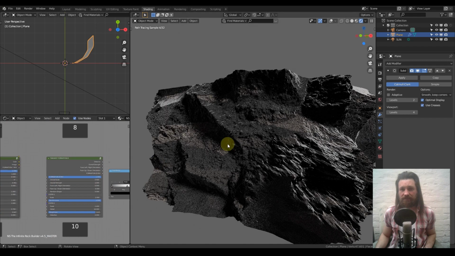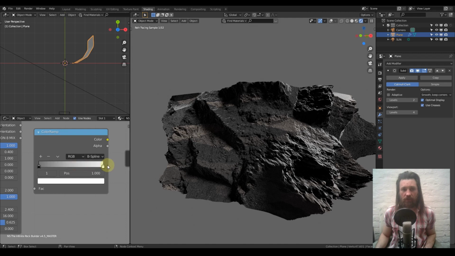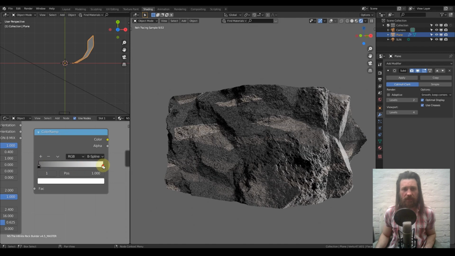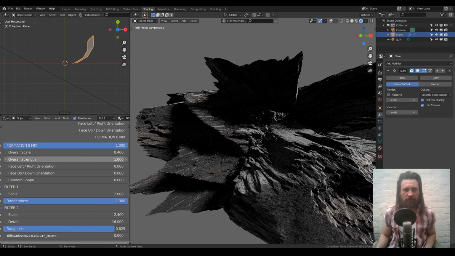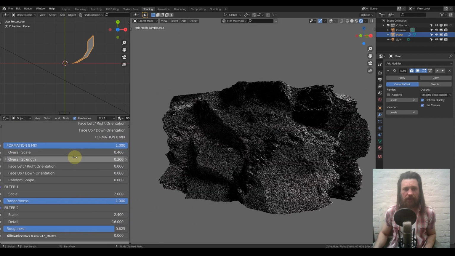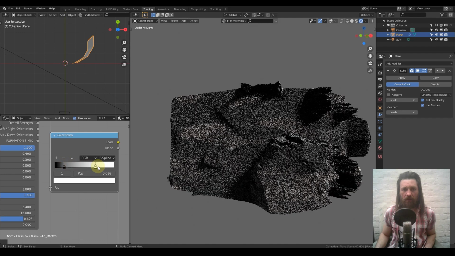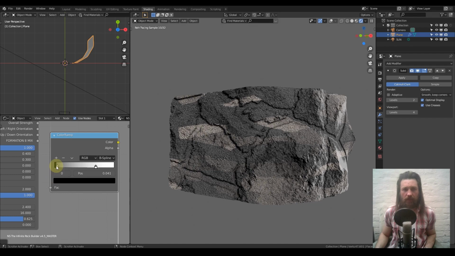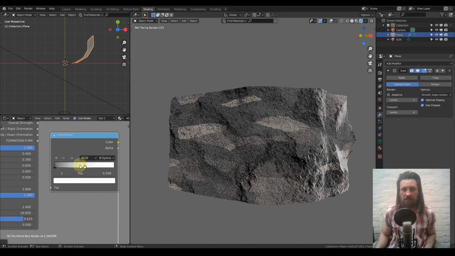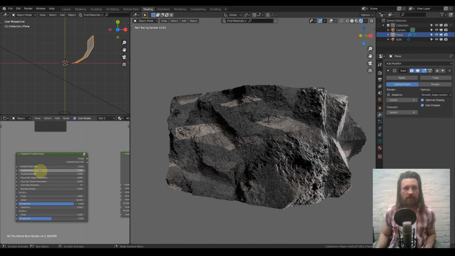Formation 8. It's cool. And this is the shape control for this one. I felt like this one could do with it. I just felt it would be very useful when the strength isn't so crazy. 0.3. To have a bit of extra control of the shape of this one. You can do all kind of stuff with it. I mean, you can mess with the shape, you know, have fun, play around. That's formation 8. Formation 9